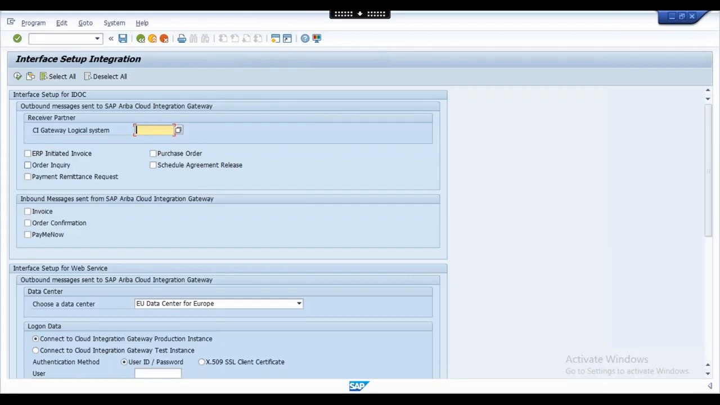As you know very well, Ariba supports cXML, right? And on the backend SAP system side, it happens through IDOC and proxy. Whatever outbound goes from the backend SAP system goes through IDOC, and whatever inbound information arrives at the backend SAP system arrives as IDOC and the proxy itself. So the IDOC configuration is also required in this CIG setup, but we are not doing